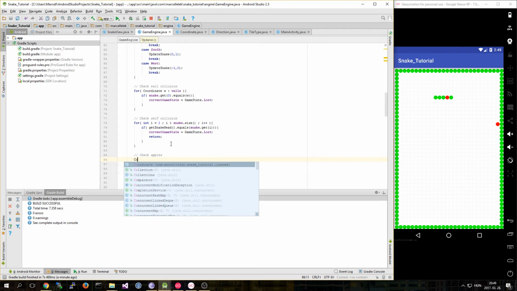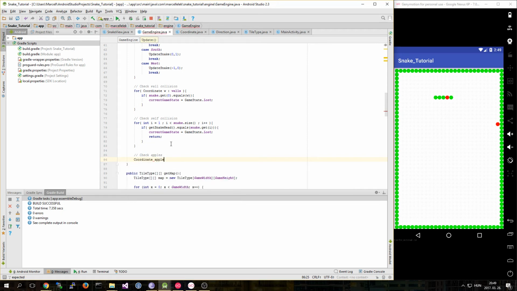So as before, coordinate apple to remove equals null, and for coordinate apple in apples, so if get snake head dot equals apple, we are on the same coordinate, so the head is on the same coordinate as the apple, then